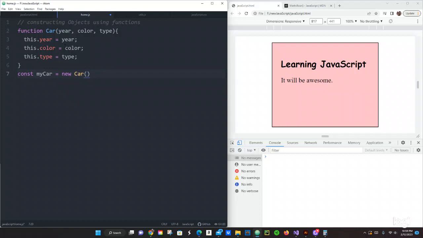So we're going to say year, what is this, 2010, comma, what color do you want this car to be? Let's just do red, and then comma, and then what type of car is it going to be? A Honda. Okay, and semicolon. All right, and right here we're going to say show message,